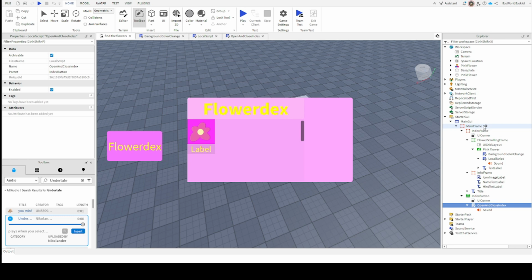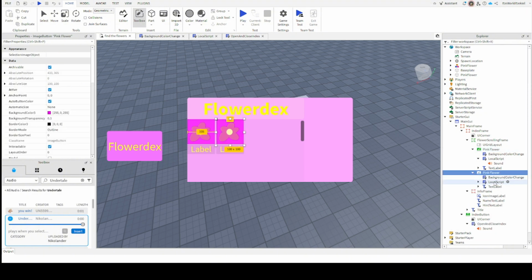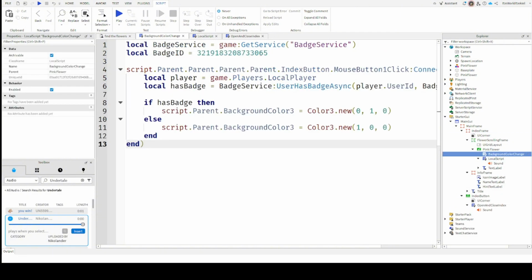So thank you all so much for watching. We are finishing up the index. This is probably the last thing we'll have to do, and you can basically make even more and more flowers or whatever you're making by just duplicating this and then going into this script right here, going into the background color change script, and then actually, okay, change, delete this, click background color change for this,